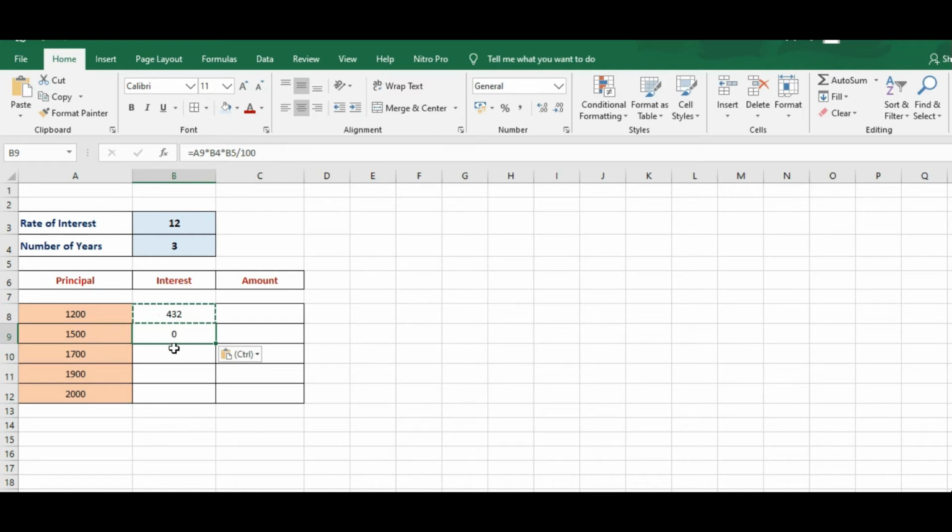If we paste the formula to another cell, it becomes B5 and B6. What we want is that whenever this formula is copied, the references of B2 and B3 should not change. So